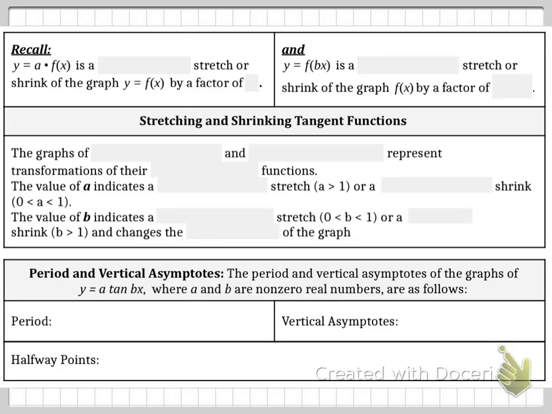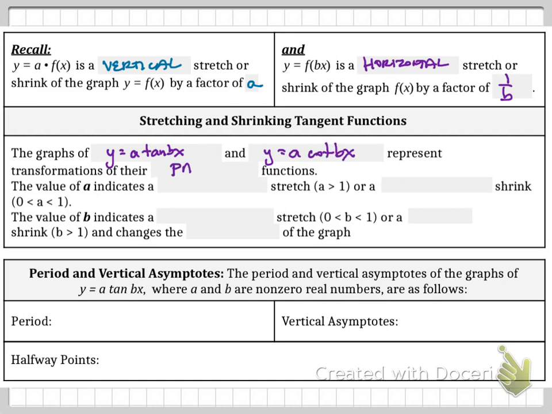So before we start graphing it, let's recall that when we have a times the function, that is going to be a vertical stretch or shrink of the graph by a factor of a. If we have b times x, that will be a horizontal stretch or shrink by a factor of the reciprocal, 1 over b. So the graph of y equals a tangent of b of x